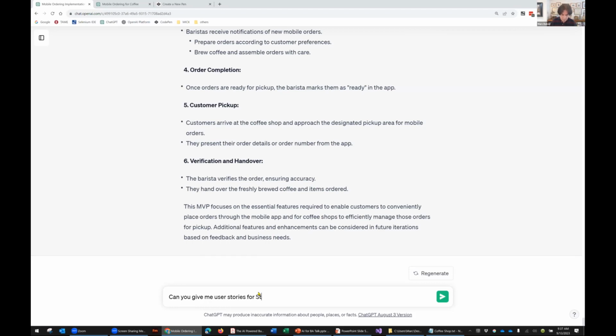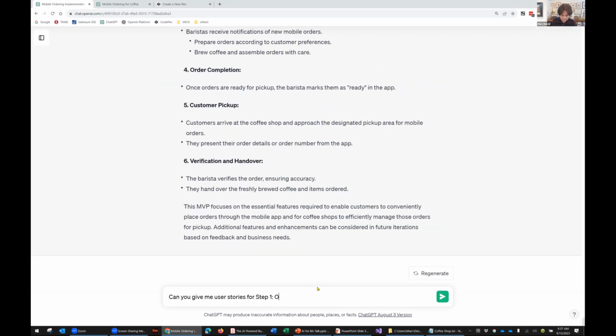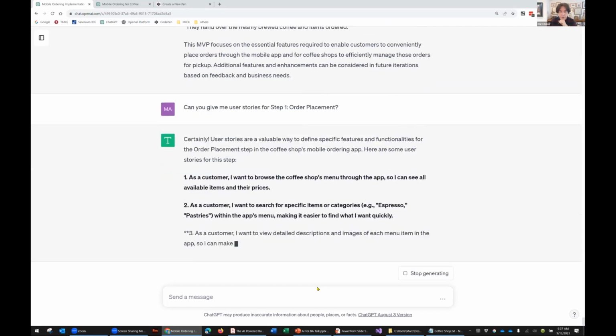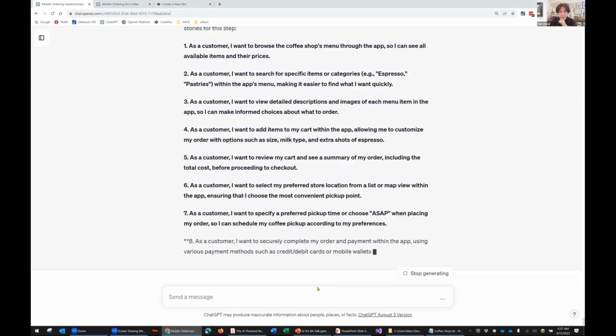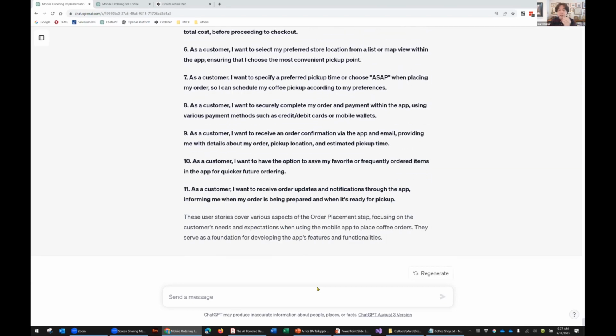For step 1, and again, just to make sure that order placement. So here we go. Now we've got some user stories. Now, again, we see these with numbers on them.